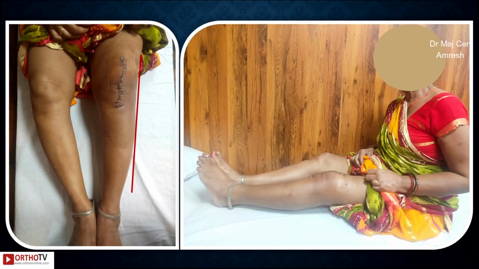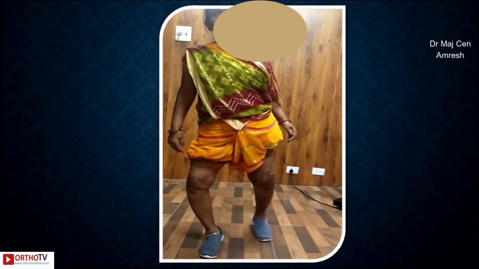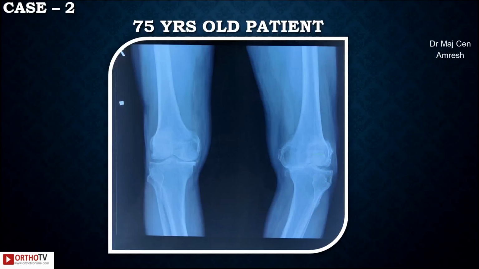The lady is taken up, and what we end up doing is a total knee replacement. A staged one. The varus gets corrected on the operated side. The non-operated side, of course, the varus still persists, the flexion deformity persists. I don't have the image of the opposite side. This is after the first knee was done. Obviously, she requires a second knee replacement as well, which was done. I didn't have the image of that.